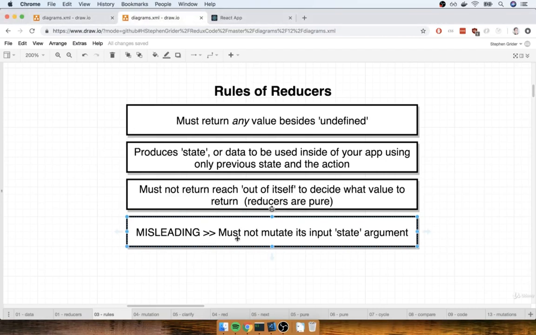In the last section, we spoke about why we are not supposed to mutate that state argument. Now, inevitably, at some point in time, you're going to be working on a reducer that is returning an array or an object, and you are going to want to change some element inside that array or some property on the object. So in this video, we're going to take a look at some very common syntax that you're going to see inside of reducers in order to work with arrays and objects, but still making sure that we are not mutating that state argument.